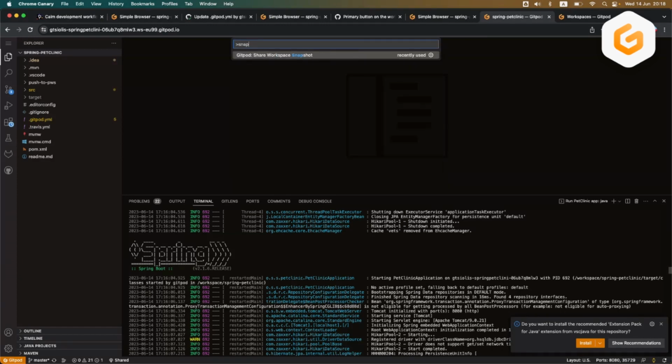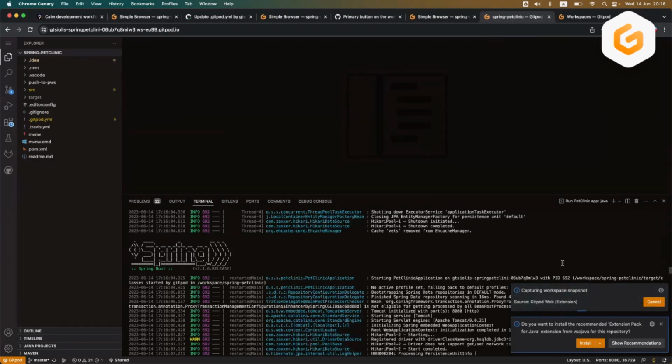And similarly, you can create a snapshot if you want to share it for later. This will create a snapshot of the current workspace with the exact same context you have, whether it's files you edited, commits you haven't pushed, or changes you've made. And the other person will open, using this link, a workspace with the same context duplicated.